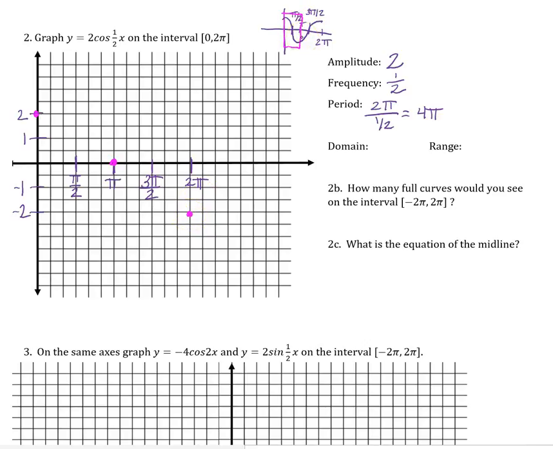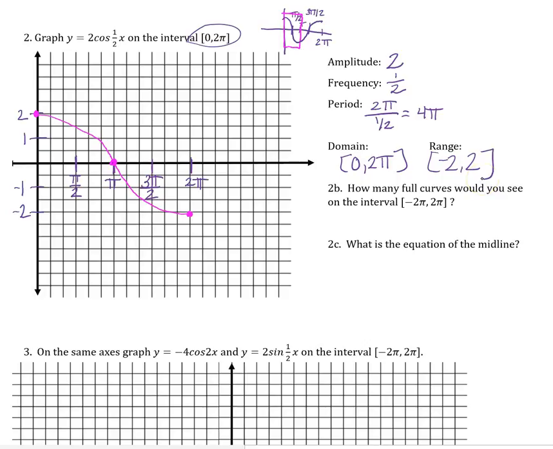So I realize that this kind of looks like a line here if we were to connect it, but don't make it look like a line. It is half of the cosine curve. So it should look something like that. Okay, so the domain that I graphed on is 0 to 2 pi. And the range is between -2 and 2,